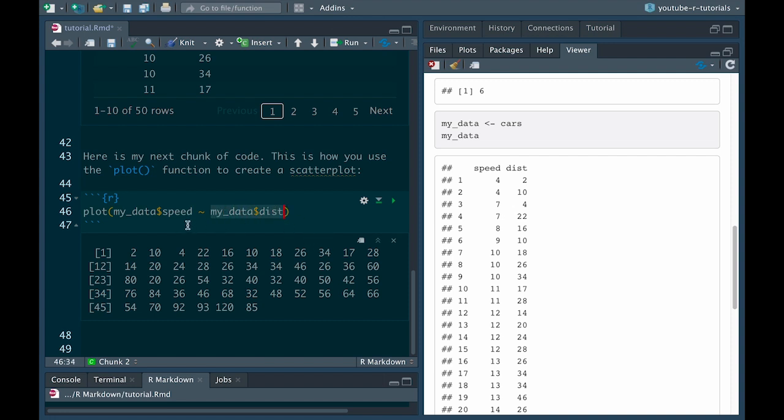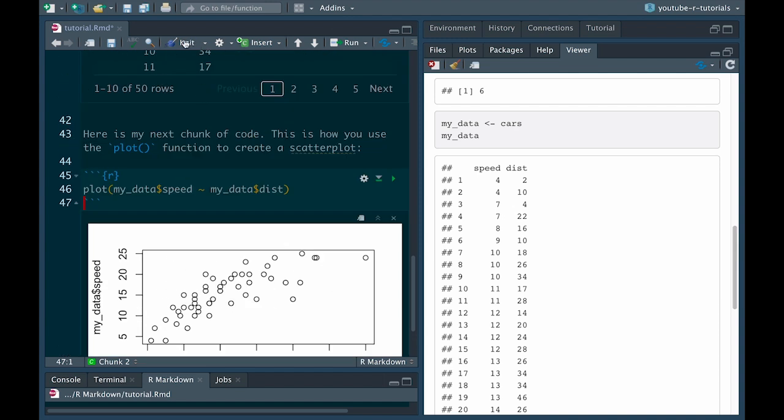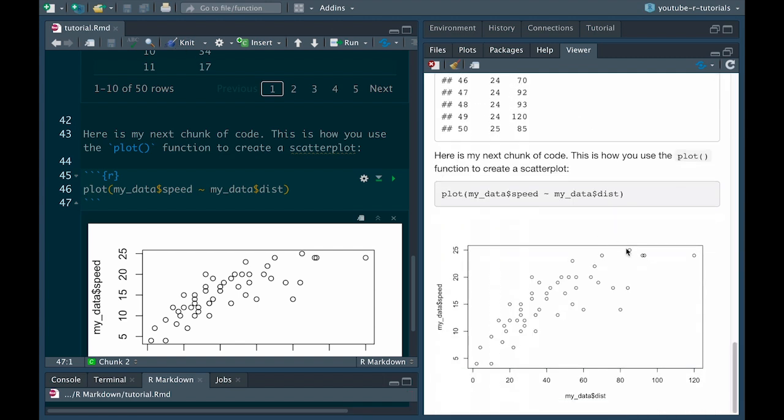And essentially that's saying the y variable, the x variable on the x-axis on this plot will be a function of the y-axis on this plot. So if we run this, we get this nice little scatter plot here. And if we were to run the whole thing using knit, you can see that this, using the plot function, also created this little scatter plot here.